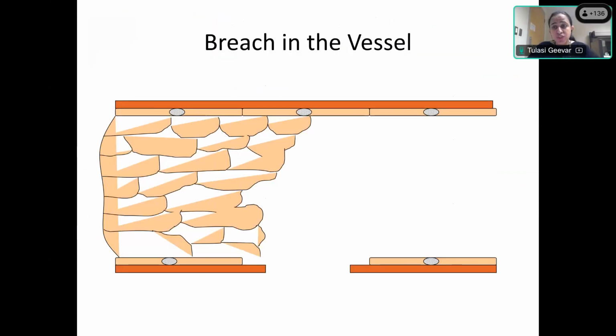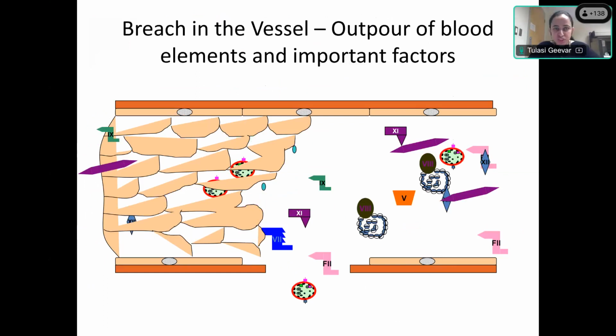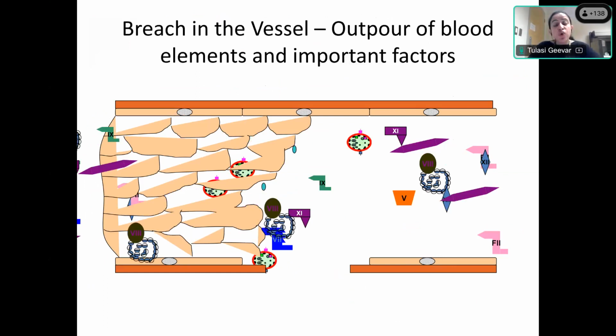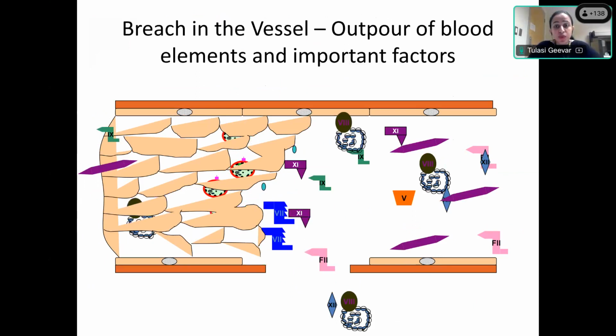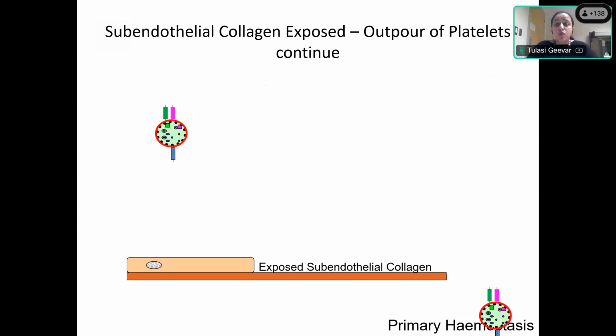When there is an injury, there is a breach in the vessel wall, there is exposure of collagen, and there is outflow of blood and its elements through this breach in the vessel wall. Now you have to imagine that in the body, the blood is flowing at a very high shear rate or velocity. So these are platelets. Now when there is a breach in the vessel wall, the platelets will also go out of the vessel wall, and you need something to stop the platelets or slow the platelets down to allow them to form a clot